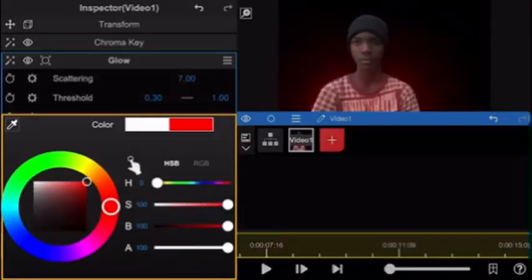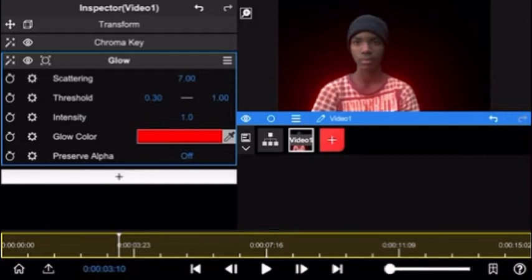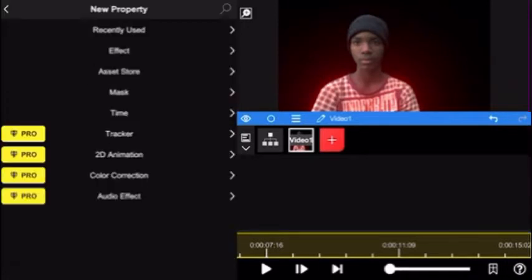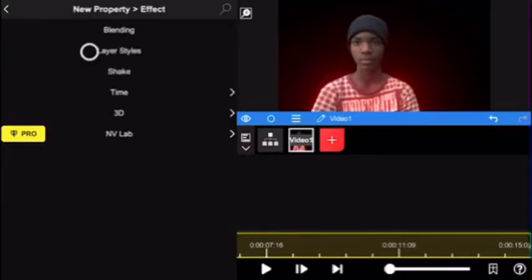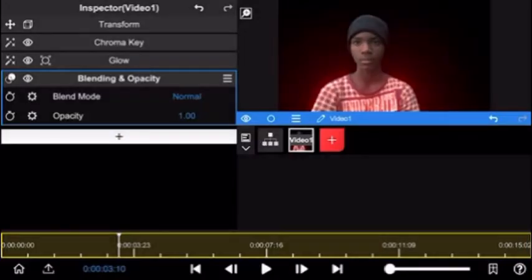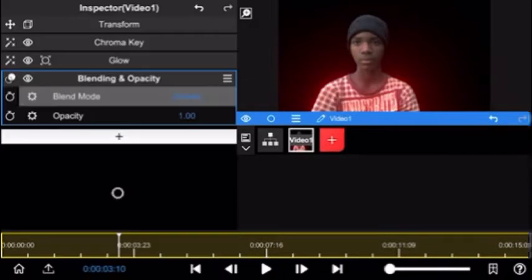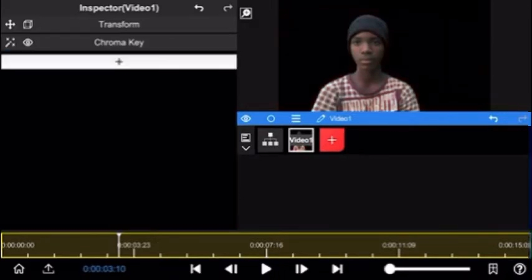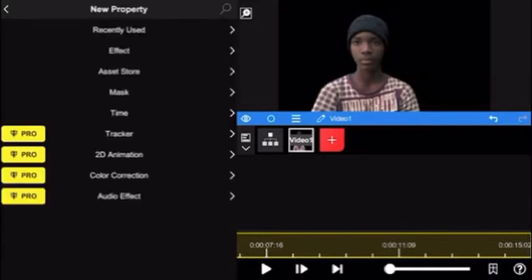You can also change the color if you'd like. And just note, when you use the glow and there is a layer underneath it, it will make everything black, so you have to add a blending effect and set it to screen. But we don't need to do any of that right now since my video has an alpha channel. So next we're gonna add